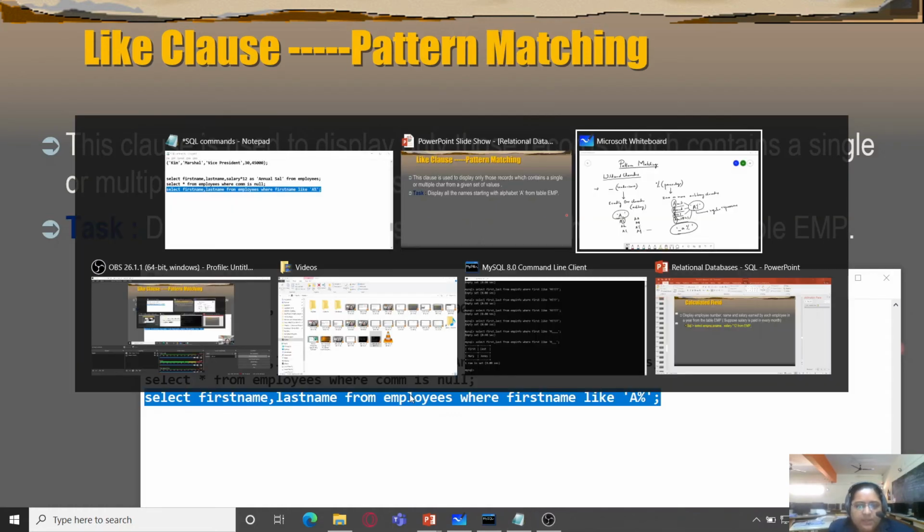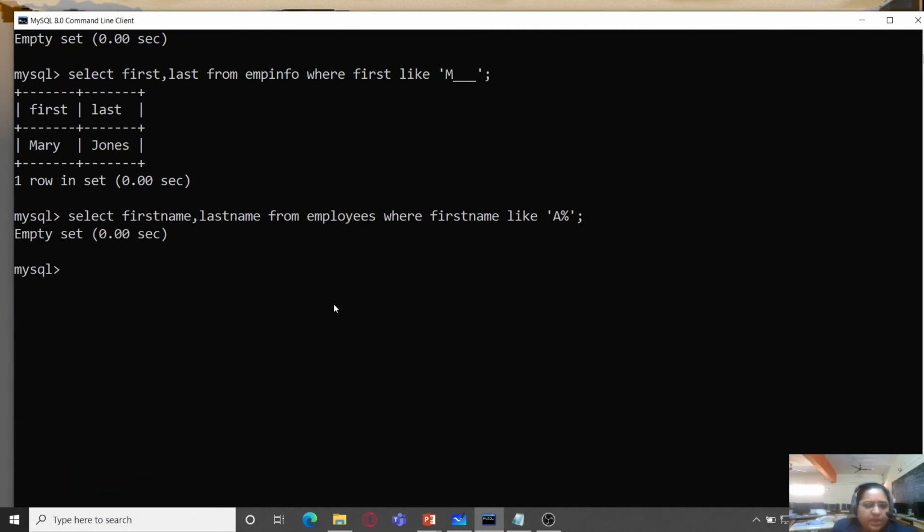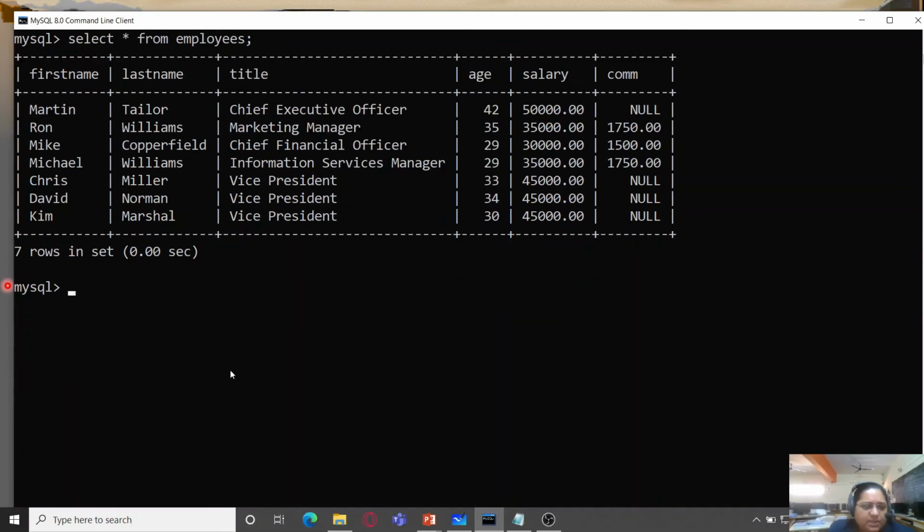So let us try this out on our client. We see that we get an empty set because this table doesn't contain any records where first names start with capital A. So we will just try to change it, and you can see that I have used the up arrow key to access the recently used commands.